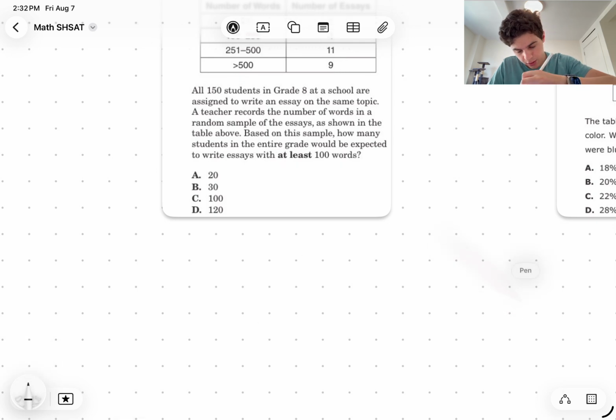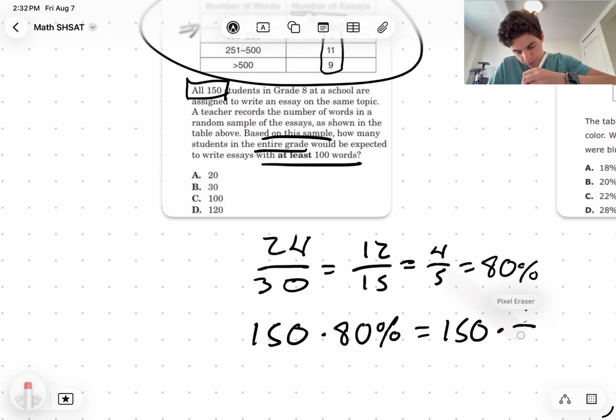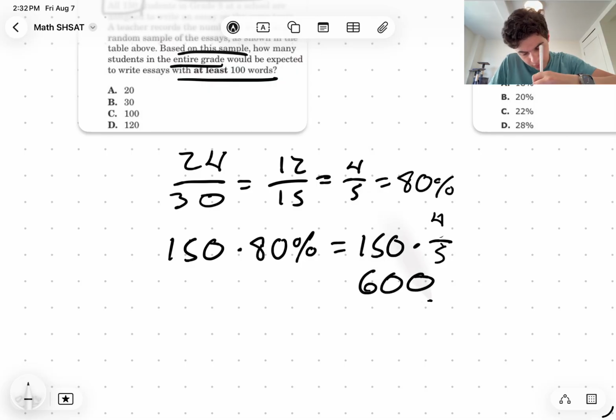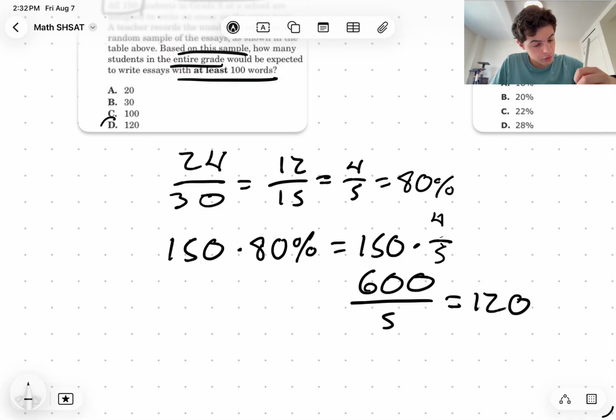It's the same thing. So 150 times 4, that's 600, divided by 5, right? So that's going to be 60 divided by 5 is 12, so it's going to be 120, which is D,